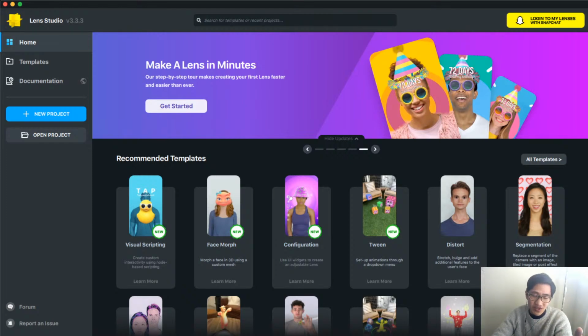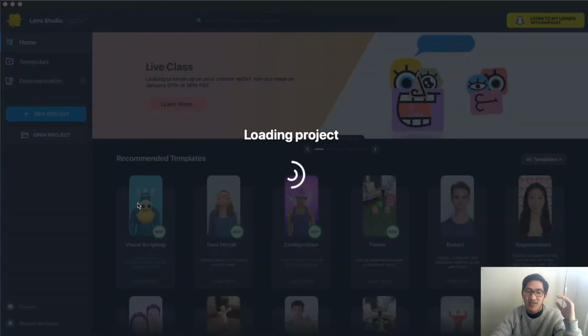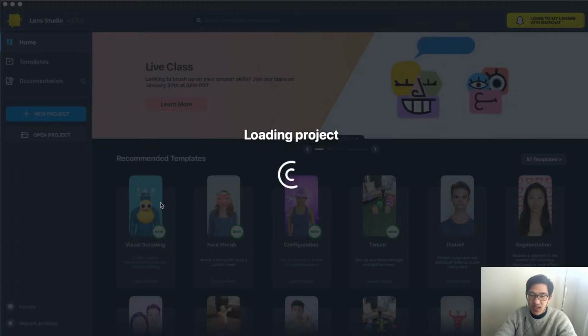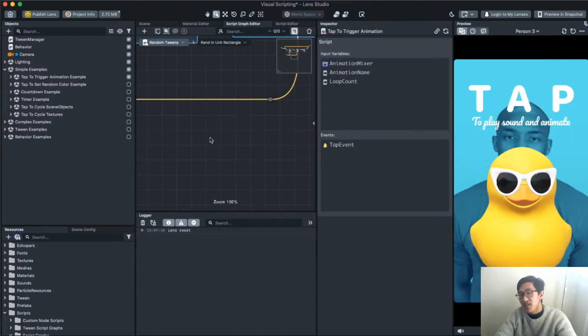The first thing I want to do when we're talking about visual scripting, I'll start by opening a template. And the reason why I want to do that is because this is an amazing resource that has so many different examples of what you can do within visual scripting. And so if you feel like you missed something as we go through the stream, or you want to learn a bit more, a lot of what I'm going to be talking about is actually going to be in this